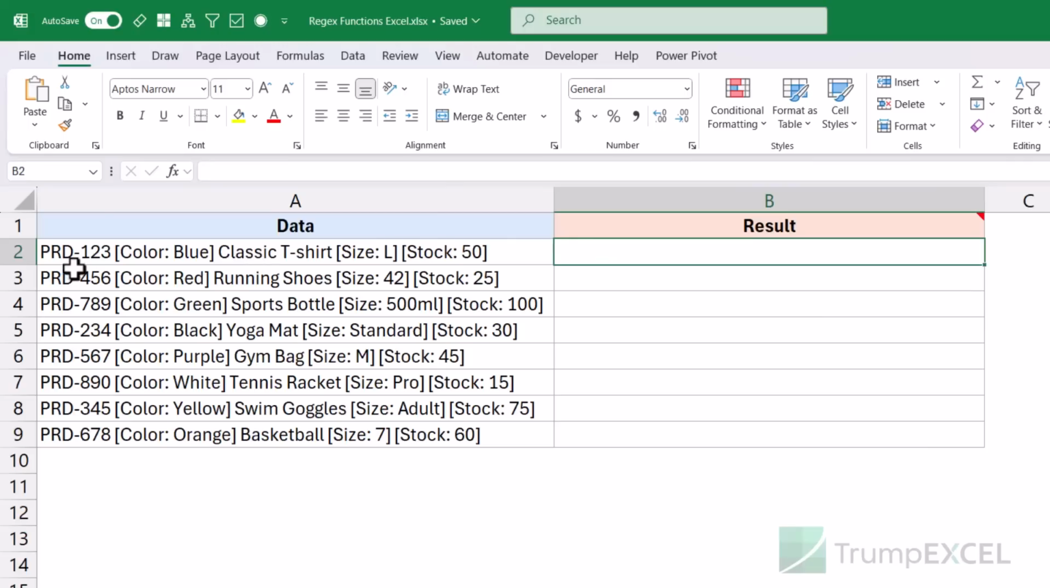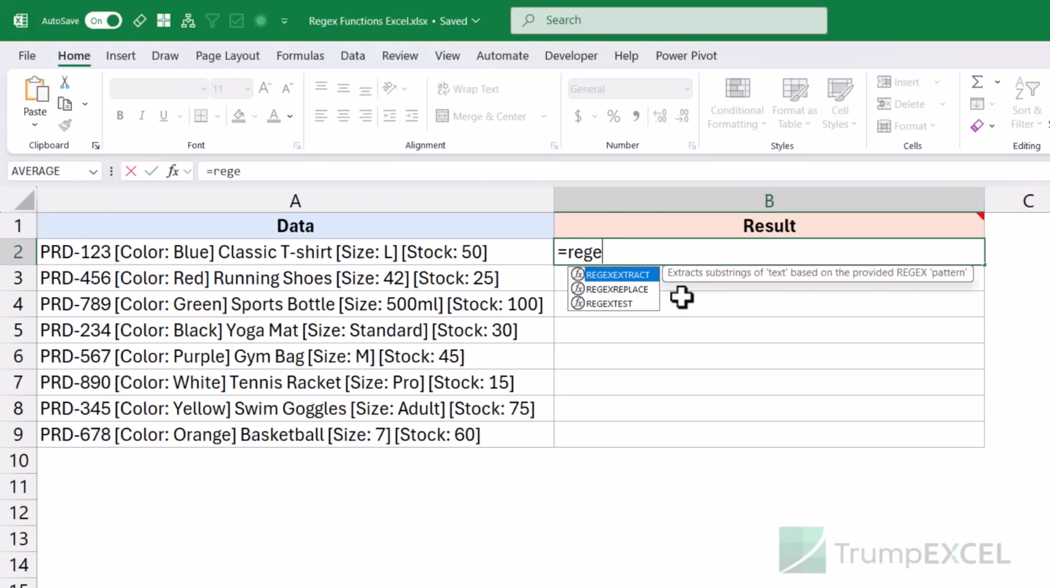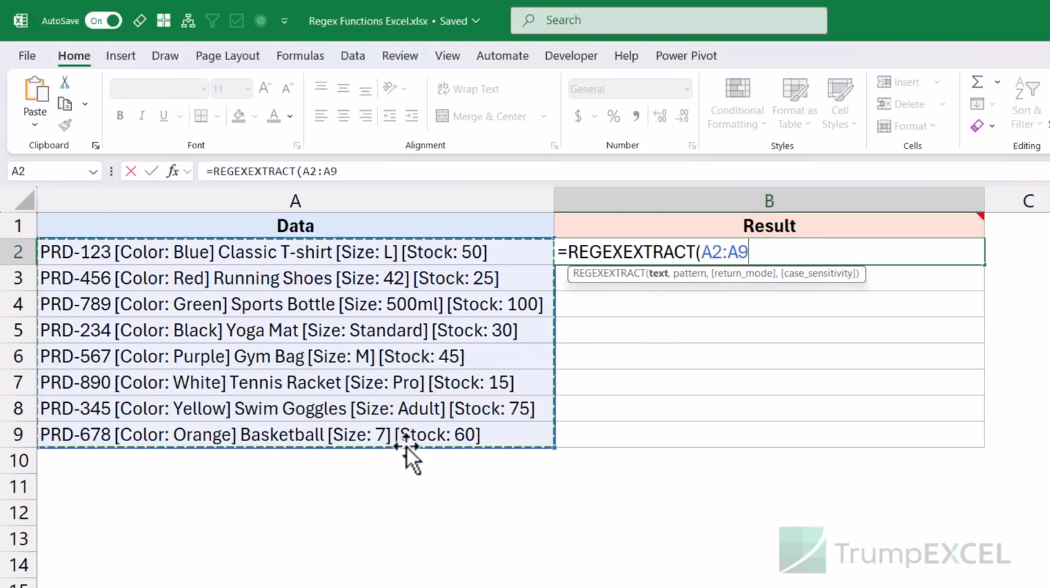So in this case, let's say I want to extract anything that is in the square bracket in the beginning. So let's say I want to extract all these color values. So I'm going to use regex extract, and this is my cell, or you can select the entire range. And then I'm going to create a pattern. Now the pattern in this case is going to be anything that starts with a square bracket and ends with a square bracket. So I'm going to use backward slash starting of the square bracket and backward slash ending of